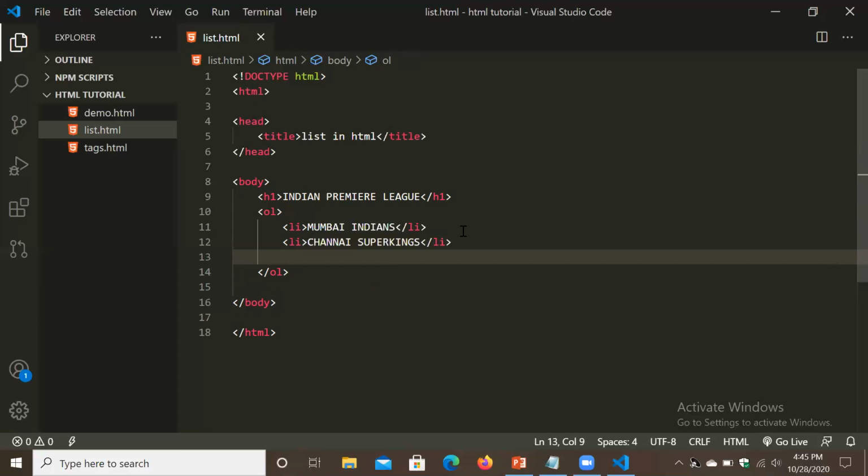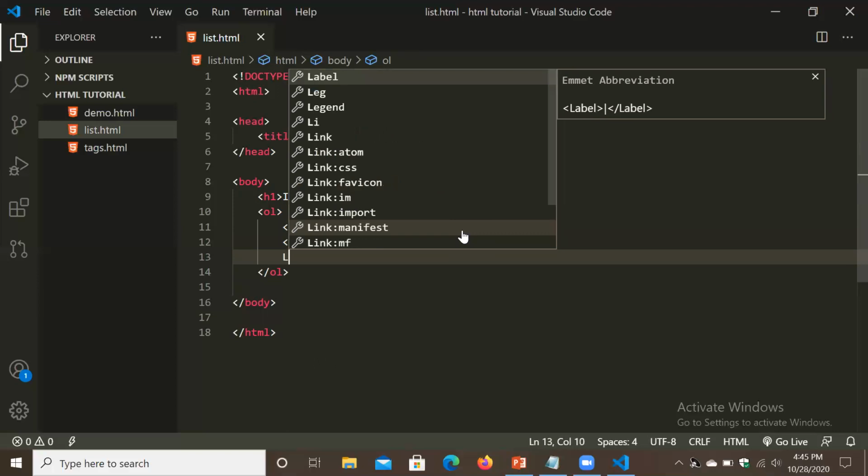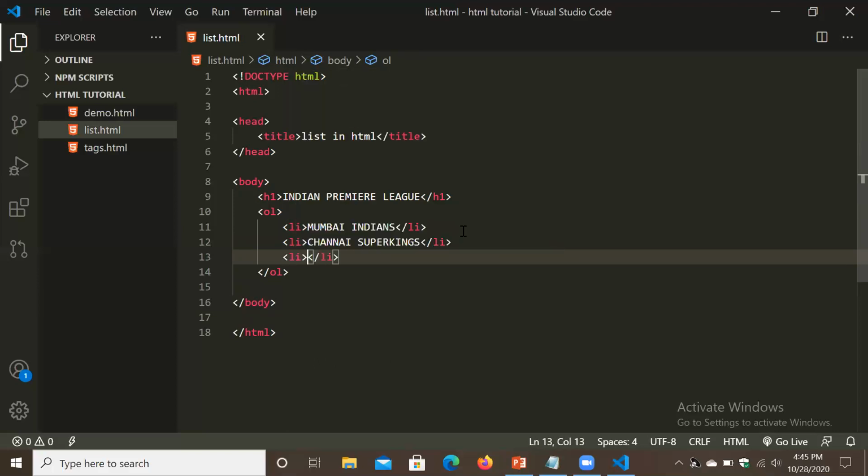Next again, what do you have to do? Take the li tag, li, then Hyderabad, Sunrisers Hyderabad.